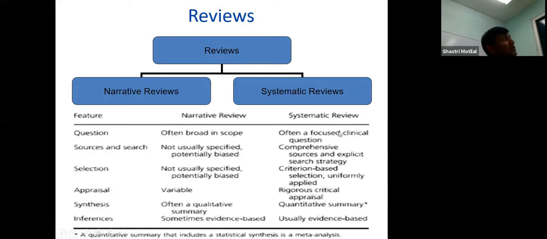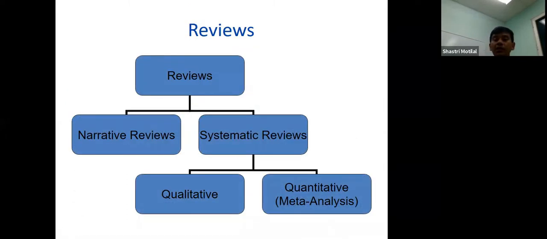So for these reasons, the inferences from a narrative review are not always evidence-based, and are often biased, whereas a systematic review is often evidence-based. This essentially says what I said on the previous slide, but the extra bit is that systematic reviews could be qualitative only, or, probably more often than not, quantitative in addition to being qualitative. So usually both.